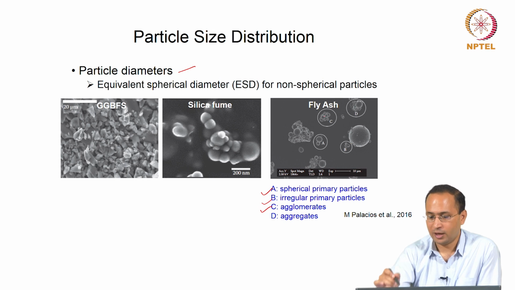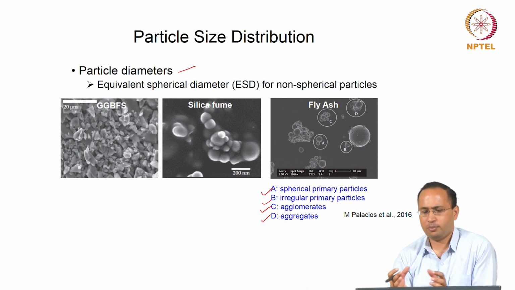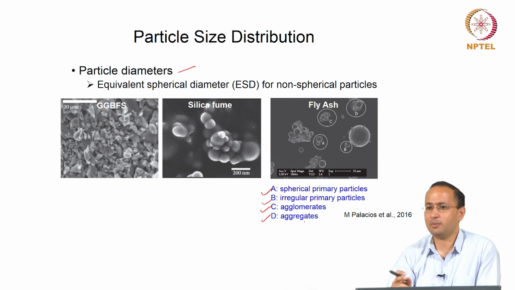Here you see agglomerates, and you have aggregates. Okay. So, agglomerates, we will come back to it. You may have a lot of particles together, some bonded chemically, some not bonded chemically, right, there are some physical bonds, that is the difference. In aggregates you have some chemical bonding, and in agglomerates you have only physical bonds like van der Waals bonds. So, the attraction is not very strong, that is the only difference.